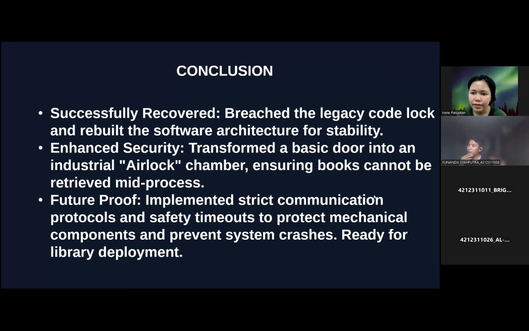Second, enhanced security: this transforms a basic door into an industrial airlock chamber, so the books cannot be interrupted mid-process. And last, future-proofing: implementing a strict communication protocol and safety timeout to protect mechanical components and prevent system crashes, ready for library deployment.